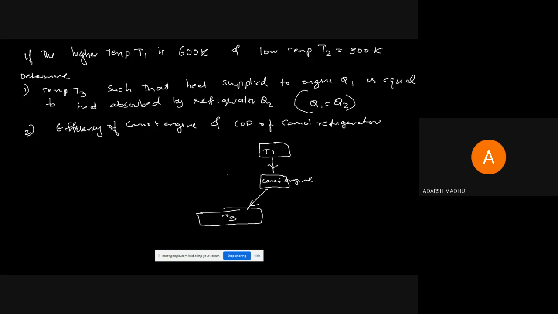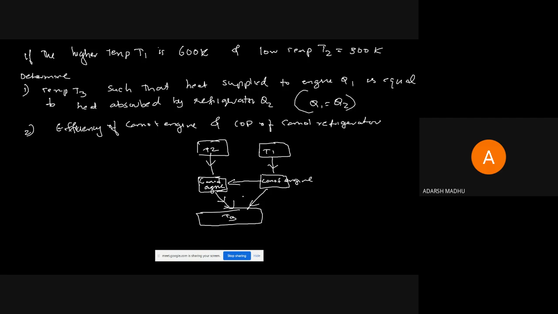Good. And if it is a forward heat engine, this particular engine drives a reversible engine. The work done by the Carnot engine is used by the reverse engine. It drives a reversed heat engine, which absorbs heat from T2 and rejects it to T3. Same T3. Okay, so the figure is understood.